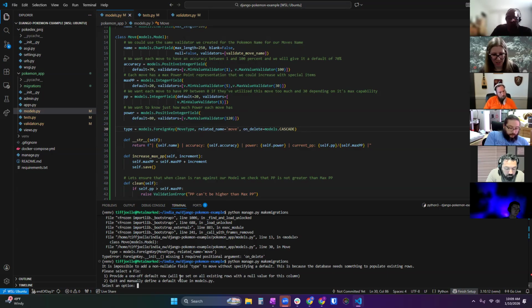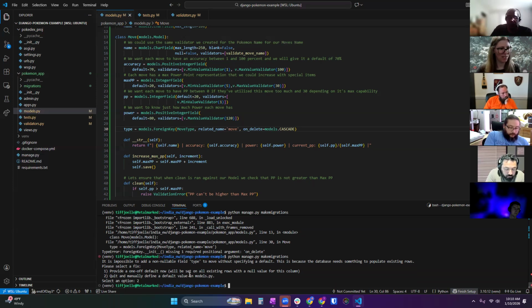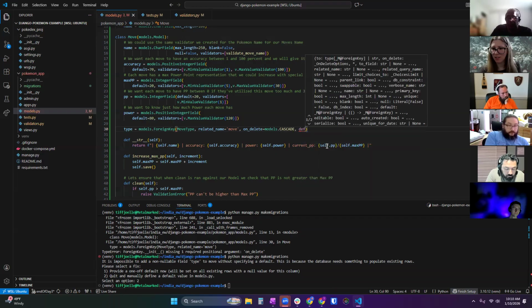So I can either give a default now that will be input for all those entries in the database that exist, or I can get out of here and put a default value in the field itself. I'm going to quit and add the default manually because this option 1 is hit or miss on whether it will work the way you want it to. So I'm going to get back out, and it's much easier to just go ahead and add a default.